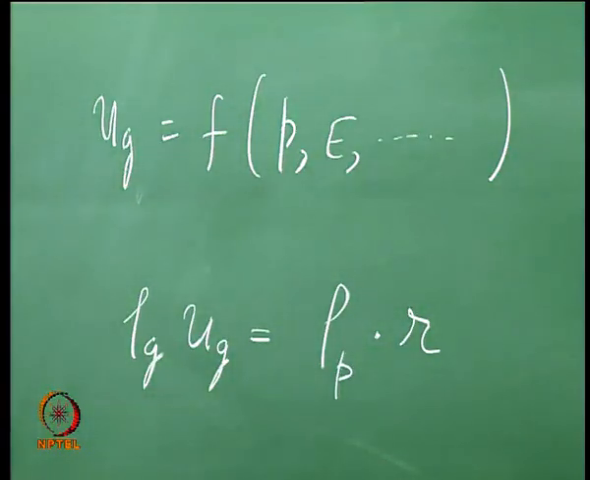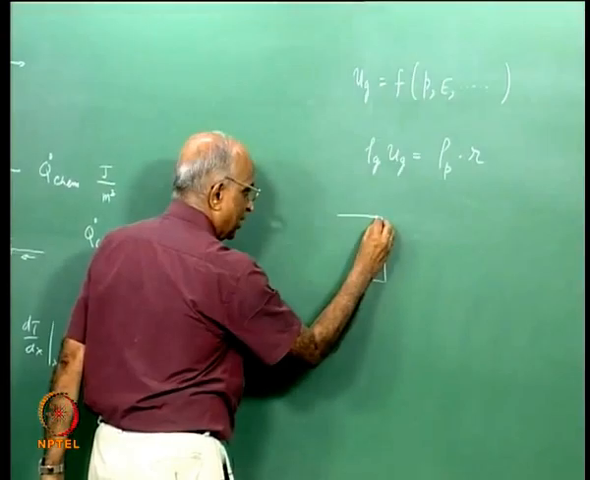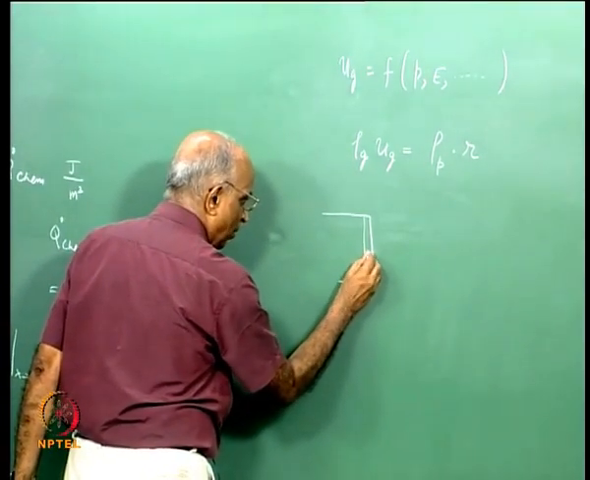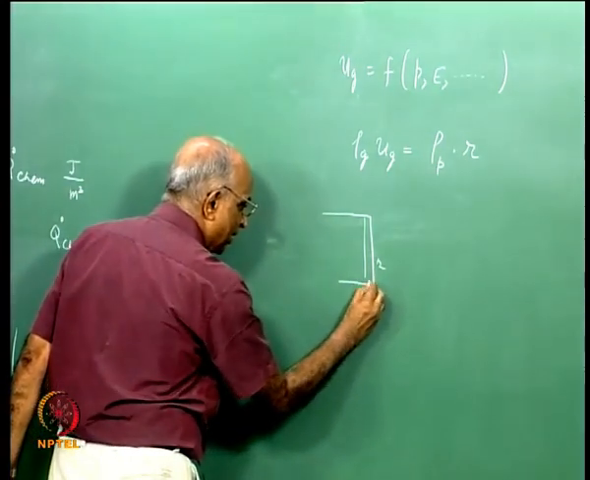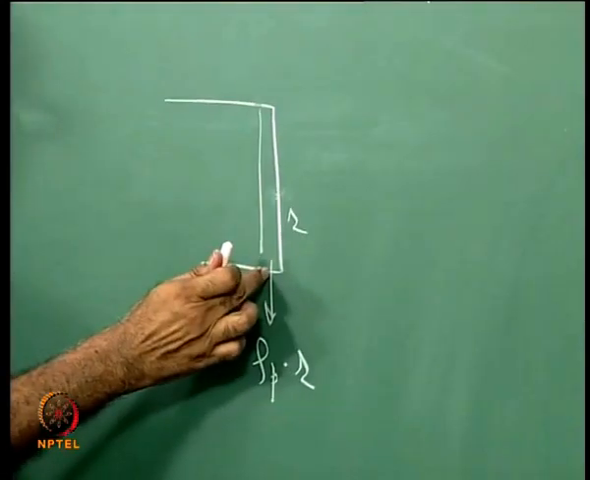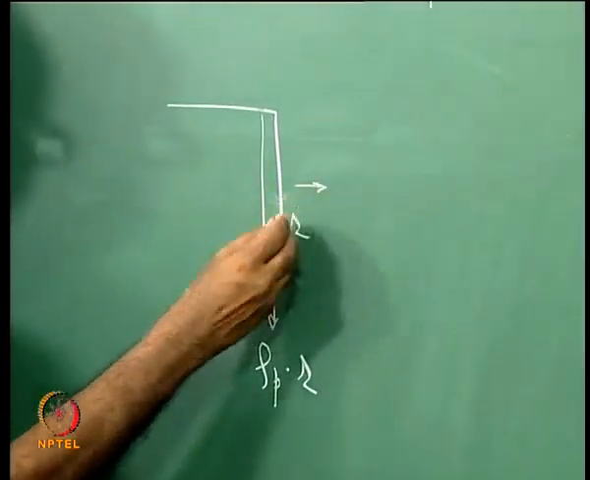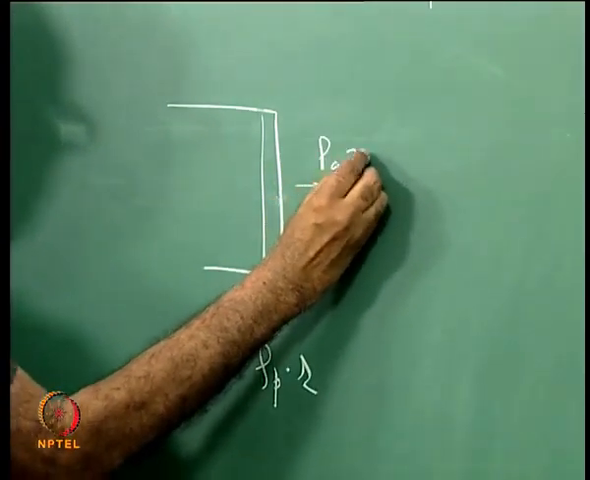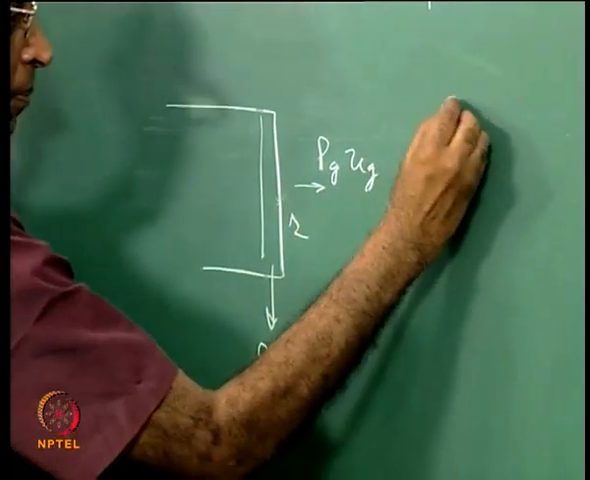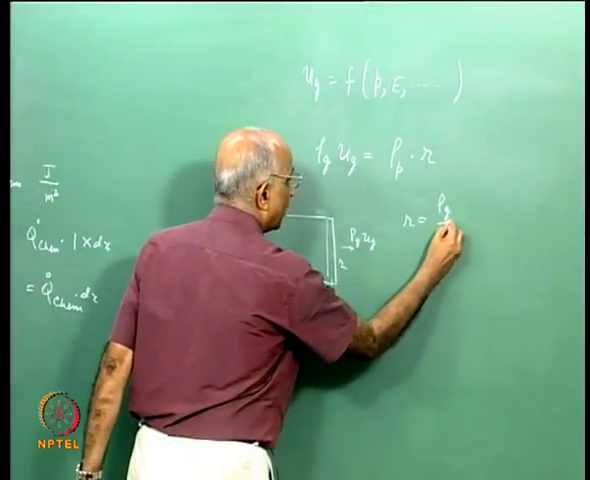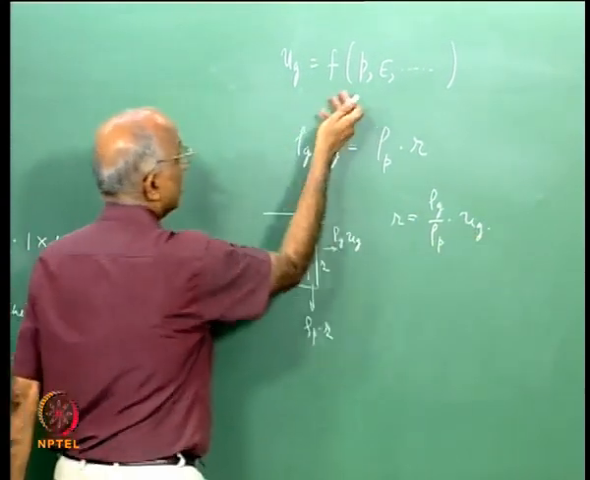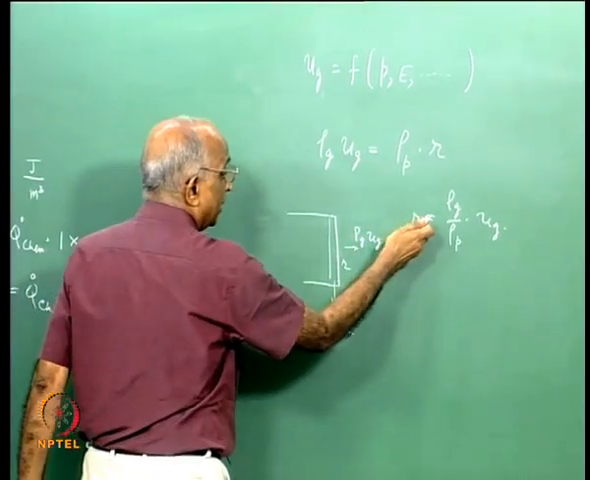All what I am saying is, I have a solid which regresses at a rate r, that means the rate at which the propellant is burning is r, and the mass which is getting generated is equal to rho p into r, because I have unit surface area. The rate at which gas is getting generated is equal to rho g into Ug per unit surface area. Therefore, the burn rate goes as rho g by rho p into something like Ug. But Ug is a strong function of pressure, therefore burning rate is again going to be a strong function of pressure,